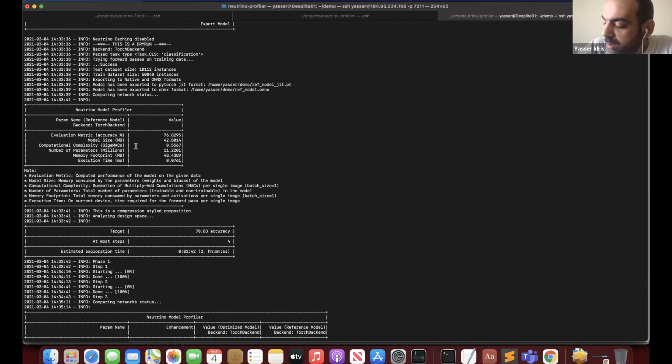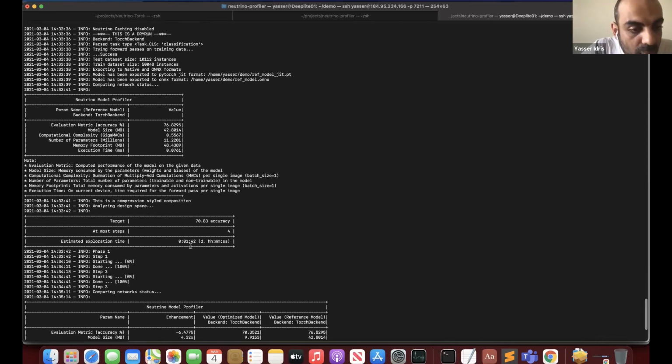You can also get a few interesting statistics and metrics on the layer-wise information. So you can get a lot of information for each single layer of your model. We have a set of standard or predefined metrics in the profiler. A few of them are tailored to the compression mode, and the others are tailored to the latency mode. But we made it also very easy to contribute and add your new custom metrics to